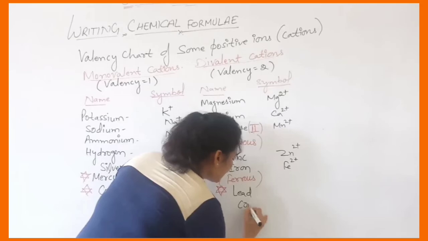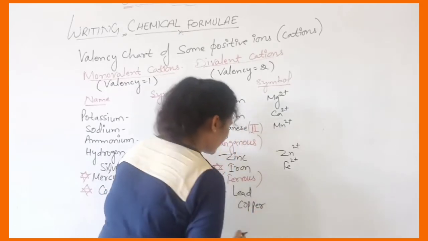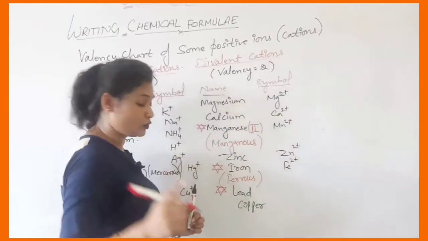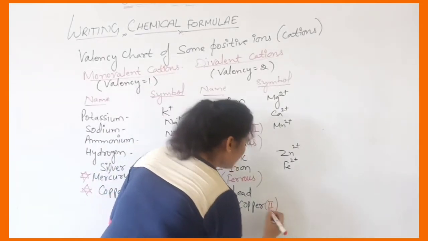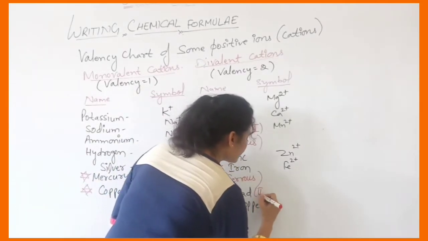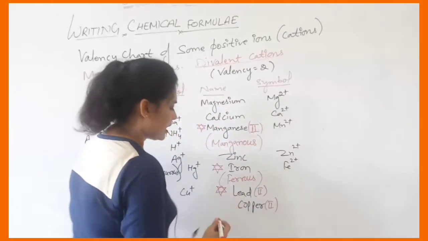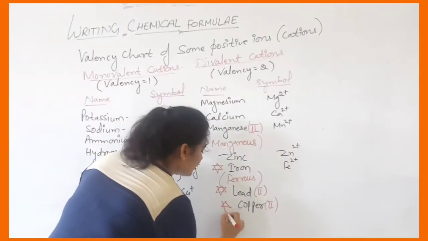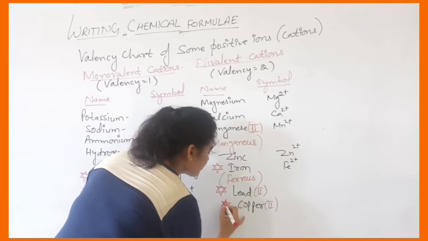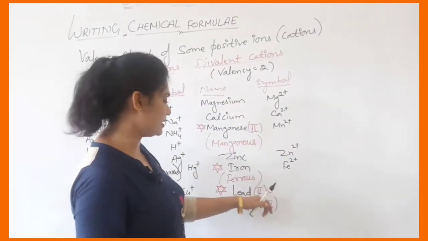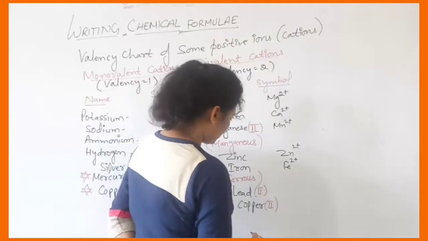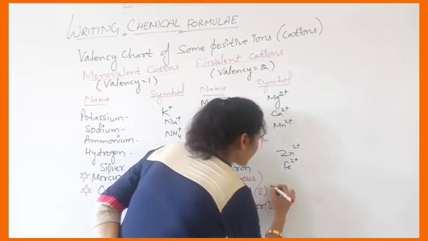Copper has also variable valency. Copper has 1 and 2 valency. So in front of the copper we will write second. In front of the lead we will write second. Okay. And in front of copper we can make a star or streaks which show that it shows the variable valency. And the name of this element is,